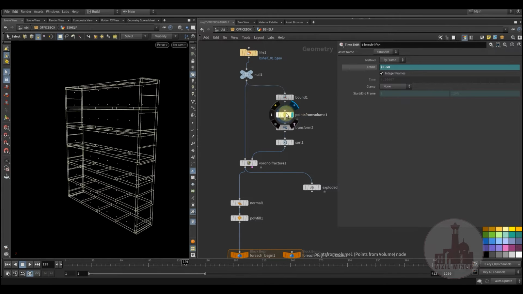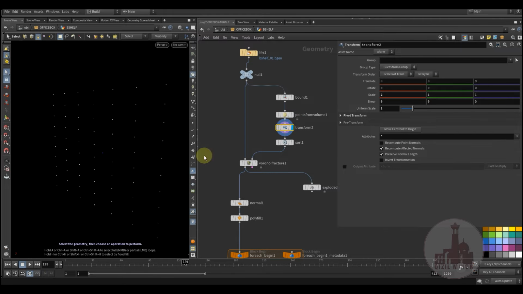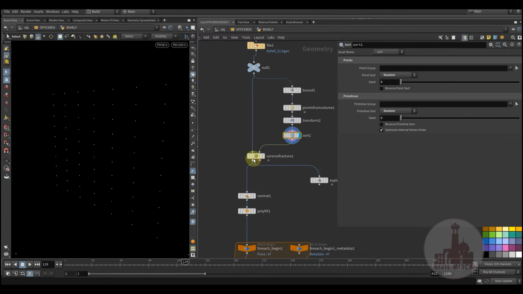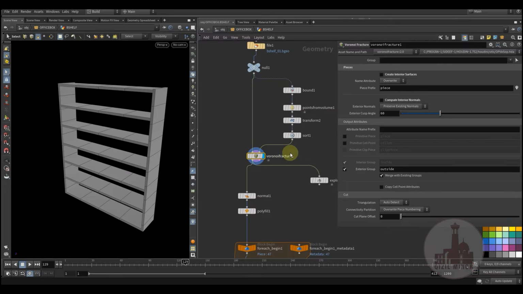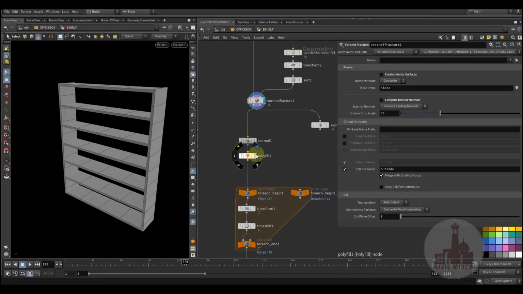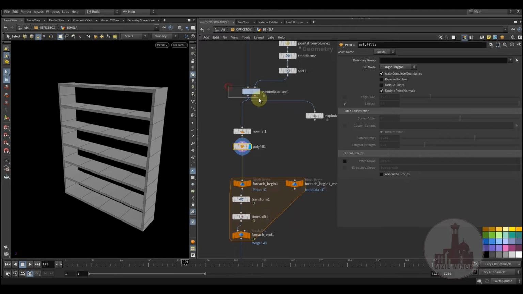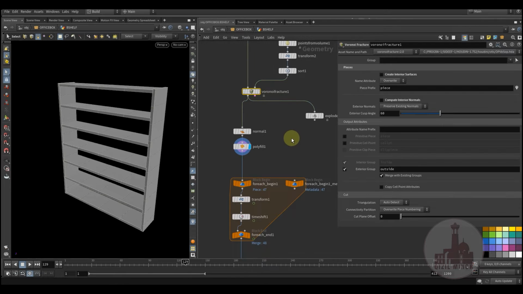points from volume. I give it a little transform, sorting out, and then I'm using the Voronoi fracture to fracture my geometry. Okay, here I have the bigger pieces, but using the points from volume, I'm splitting them into smaller pieces. Okay, then by fracturing the pieces,